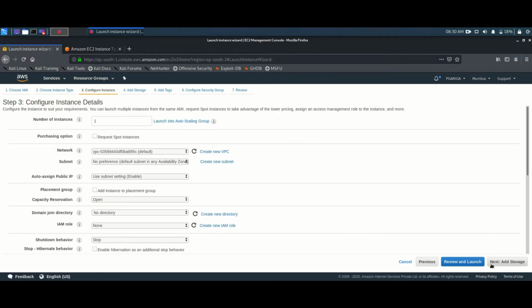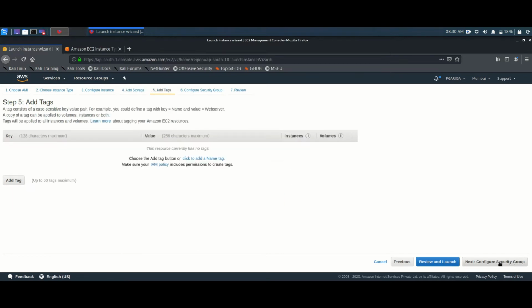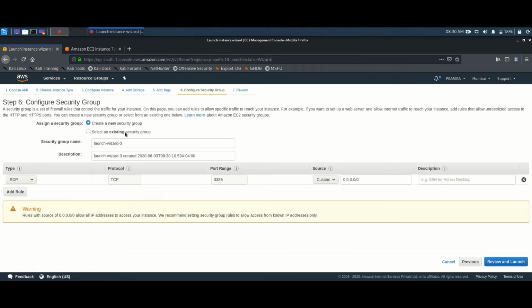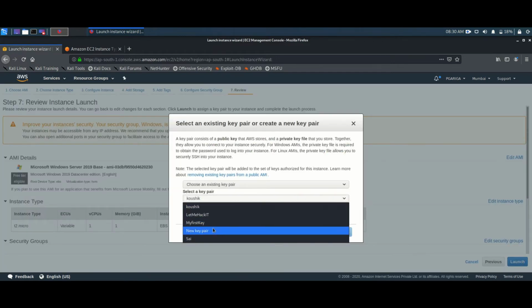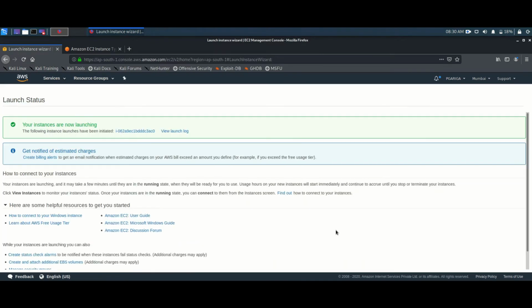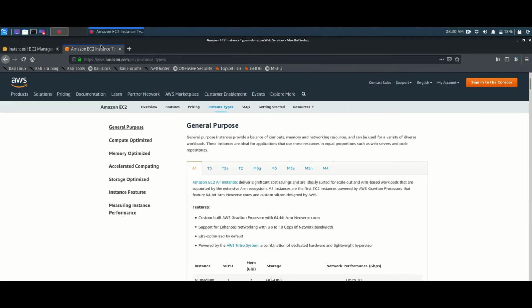So just go next and just click this one next. Storage is 30 gigs, and just go next and launch. So just go back once. Let me just figure out what exactly. Okay, we have Windows. Let me just type Windows for identification purpose, and just next and launch. We have already created a key pair in the last video, so I'm selecting let me hack it, the key pair. Just select this one and just apply and launch it. So let's wait for some time. It's been launching. In the meanwhile, let me show you the documentation part.